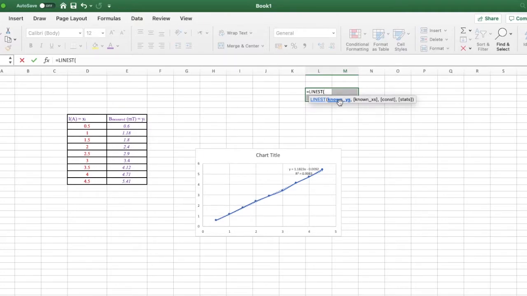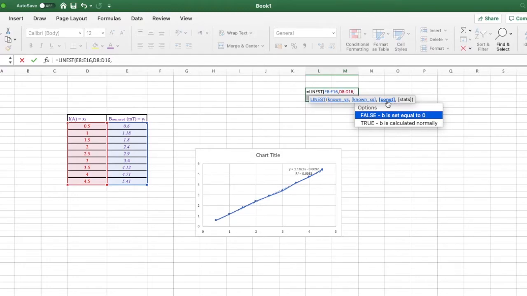Over here, they are asking you to determine the slope of the magnetic field versus the electrical current, meaning that the magnetic field would be the y variable, whereas the electrical current would be the x variable. So over here, the known y's imply that you are going to insert all the y values that you have, which are none other but all the magnetic field values. So we are going to select that entire column for the magnetic field. Then you click on comma, followed by the known x, which is none other but the values of the electrical current. So you are going to highlight that entire column,